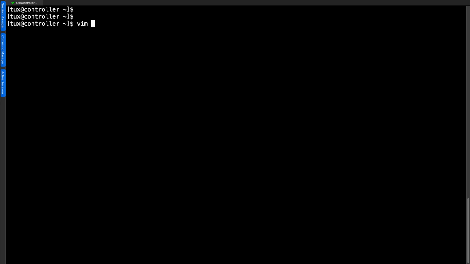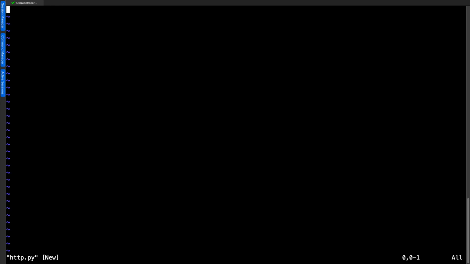Now I'm going to use the Vim text editor, but obviously you can use any editor that really works for you. So I'm going to use Vim and I'm going to call the file http.py. And again, we can hit the big enter key and we are ready to go. The way we're going to start, probably like most of these projects, is by importing some pre-written modules. These modules do all of the work for us. So we need the socket module for our networking and the sys module for our arguments.